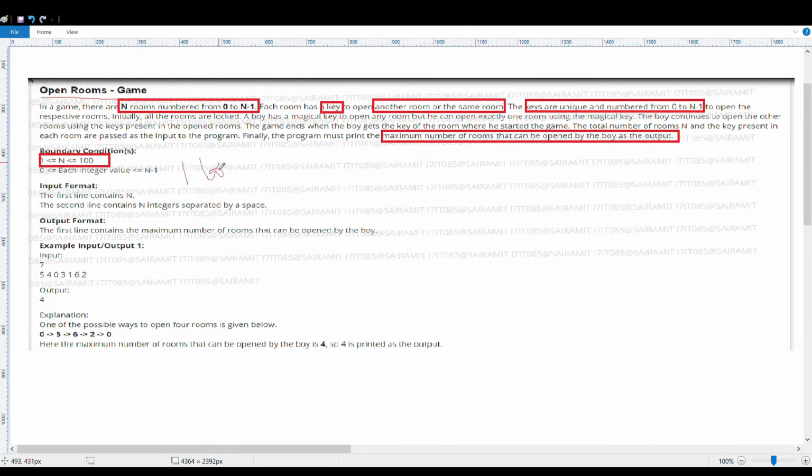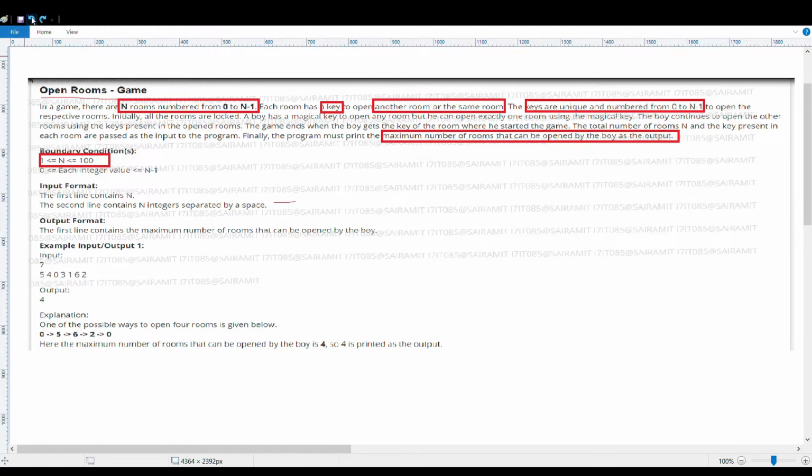If anyone is coding in C++ or C, you can use int itself because n is only till 100. Input format: first you get the n value and then you get the list of values. Output format: you have to print the maximum number of keys which can be opened. So this is the question.